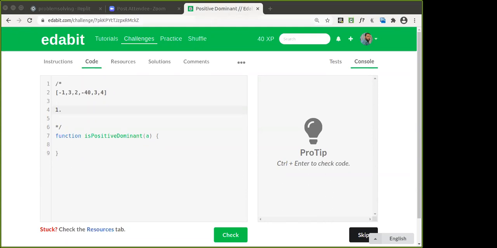Any other approaches from any other student? Count array elements less than 0. Okay, we check each element for positive and negative values. Good, so you have to count the positive values and negative values.